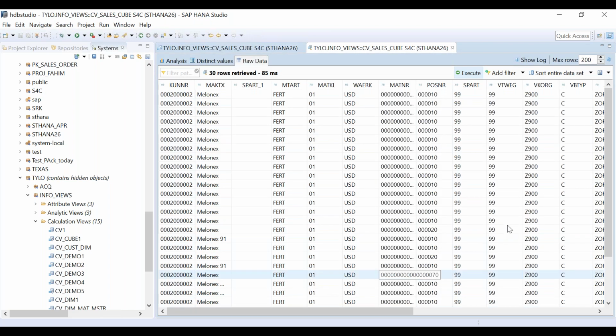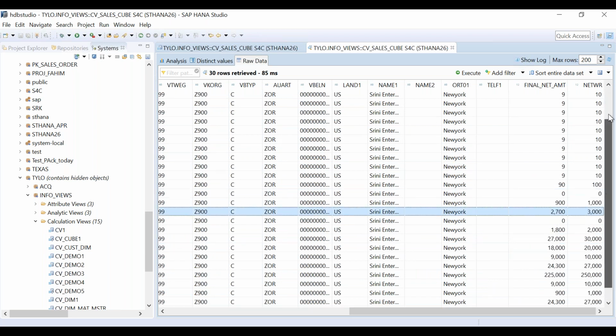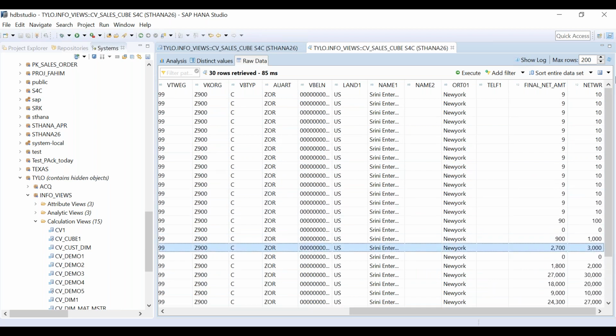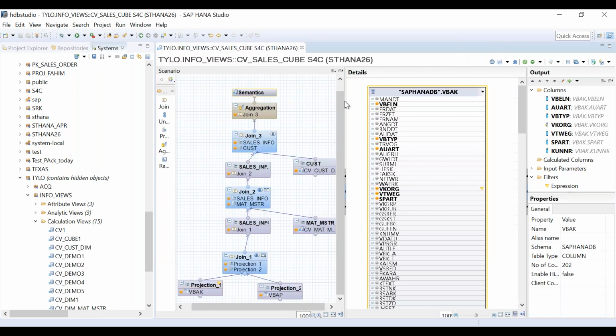And now you see here only Z900. Z900 is served as your input parameter. So in output, you can see only Z900 is coming as the output. Why? Because it is filtered. And that is why it is coming as Z900 only. Okay, Z900.